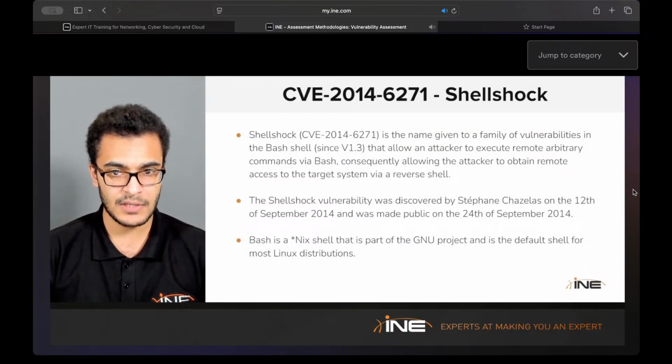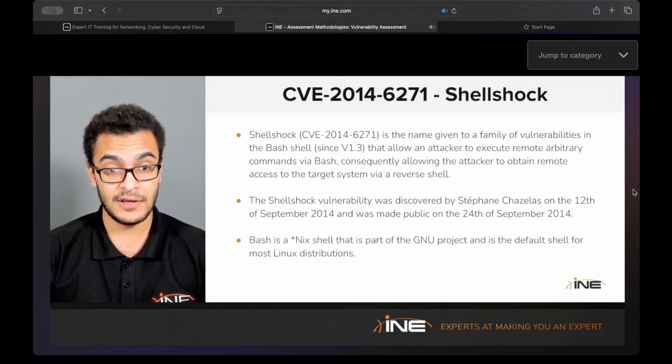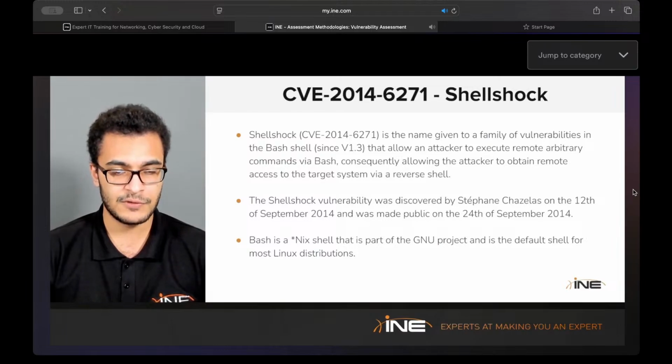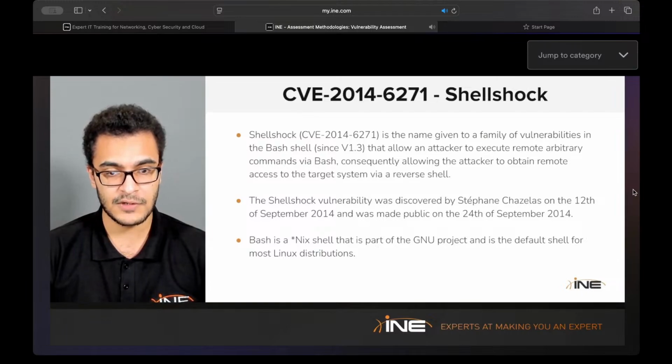ShellShock is the name given to a family of vulnerabilities in the Bash shell since version 1.3, which was released, I think, somewhere in the 90s. So again, it really affected a huge number of Bash versions after version 1.3. This vulnerability essentially allows an attacker to execute remote arbitrary commands via Bash, consequently allowing the attacker to obtain remote access to the target via a reverse shell. And that's where it primarily gets its name from. So, ShellShock, that tells you that this vulnerability allows an attacker to get a shell